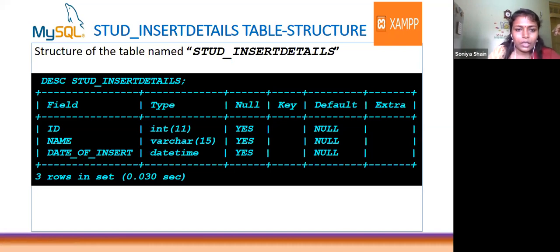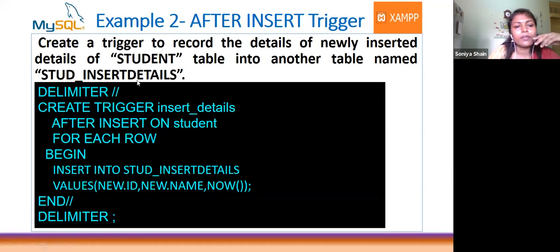Okay. So what do we have to write? Create a trigger to record the details of newly inserted records of the student table into another table named student underscore insert details. So what is the second table name? Student underscore insert details. Make clear the purpose. What is the event?